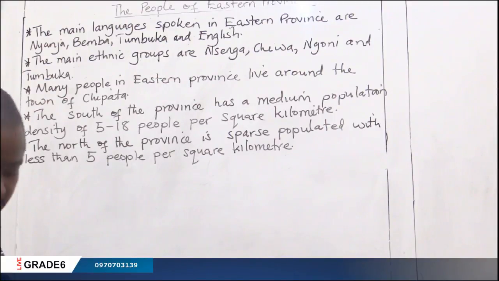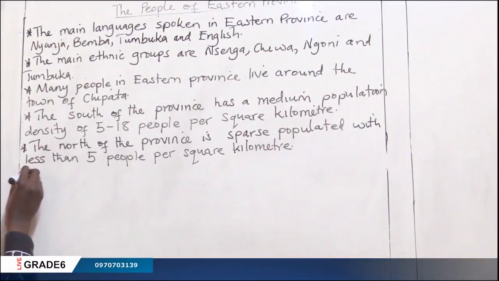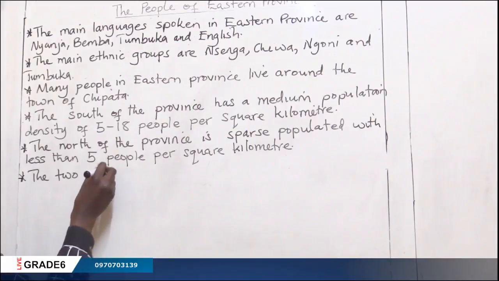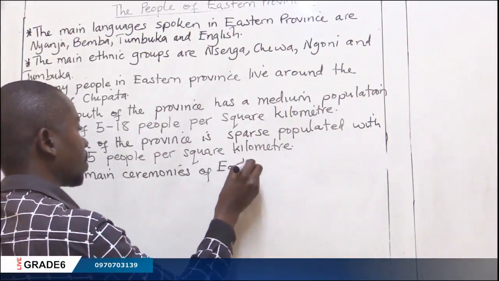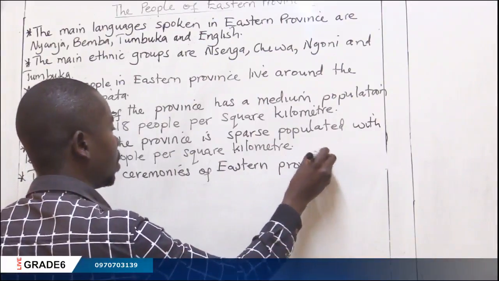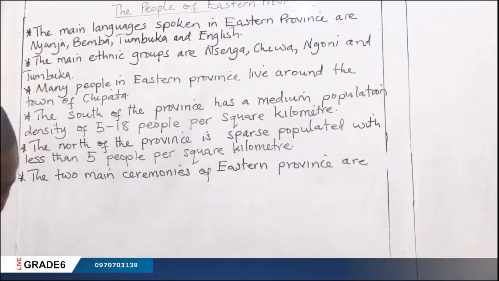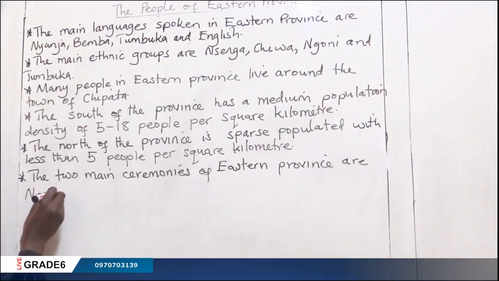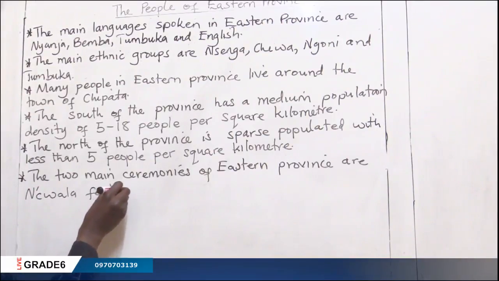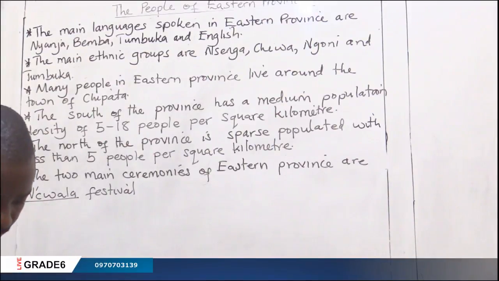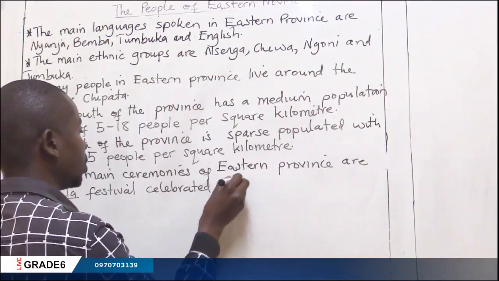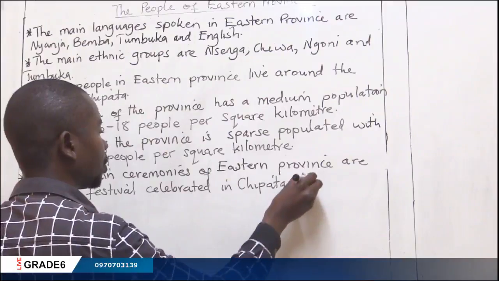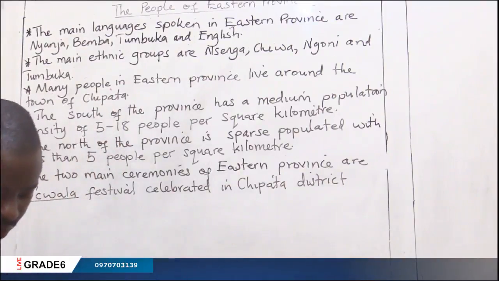The 2 main ceremonies of Eastern Province are the Nkwala Festival, celebrated in Chipata district,